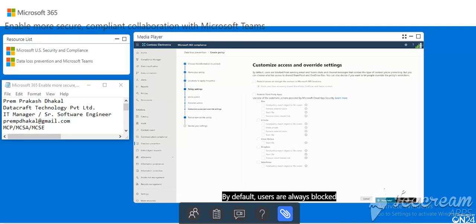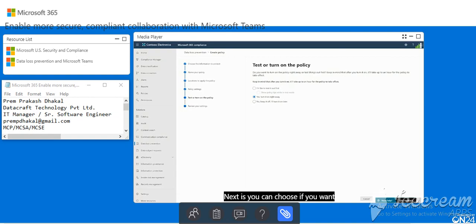By default, users are always blocked from sending emails and Teams chat and channel messages that contain any kind of sensitive information, but you can choose if you want to allow them to override. Again, any override action that the user takes will be audited and logged. Next is you